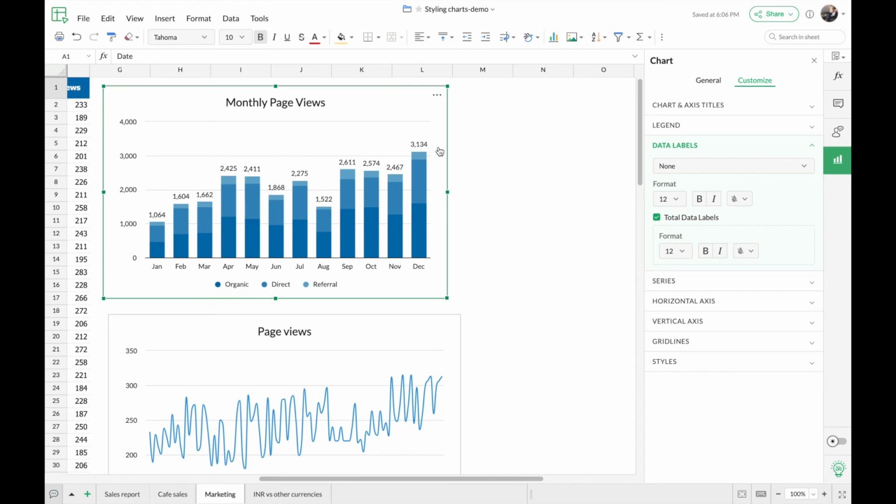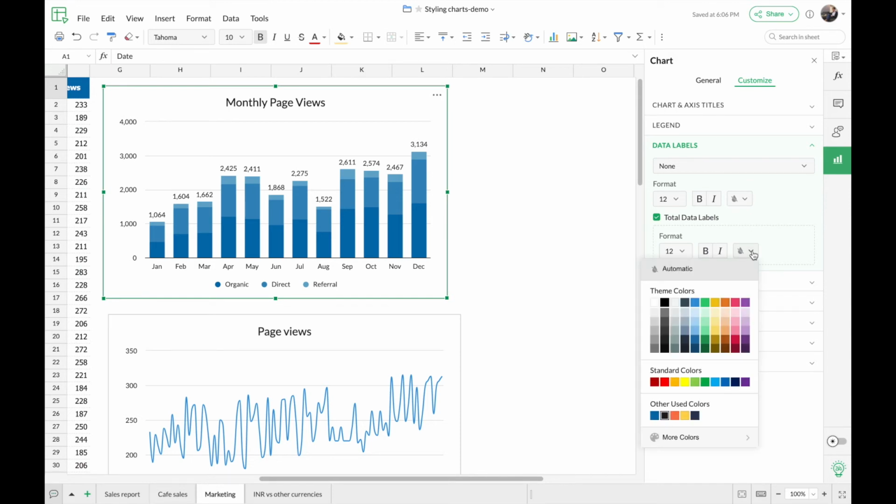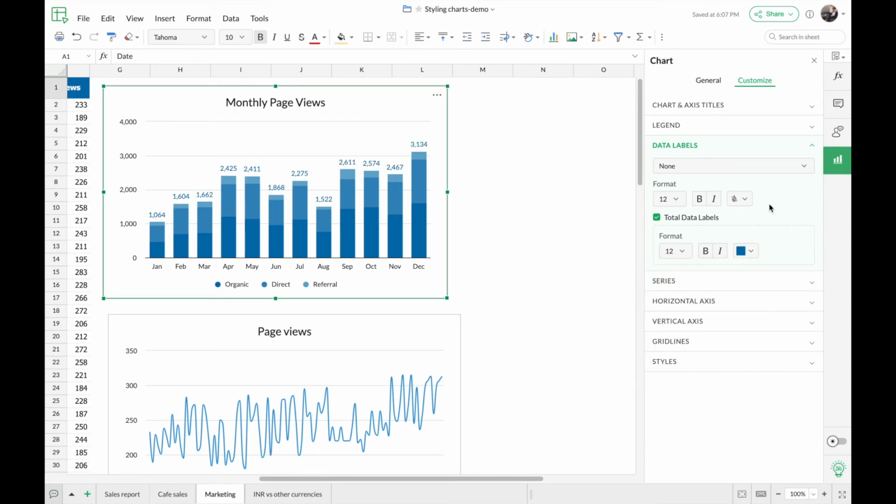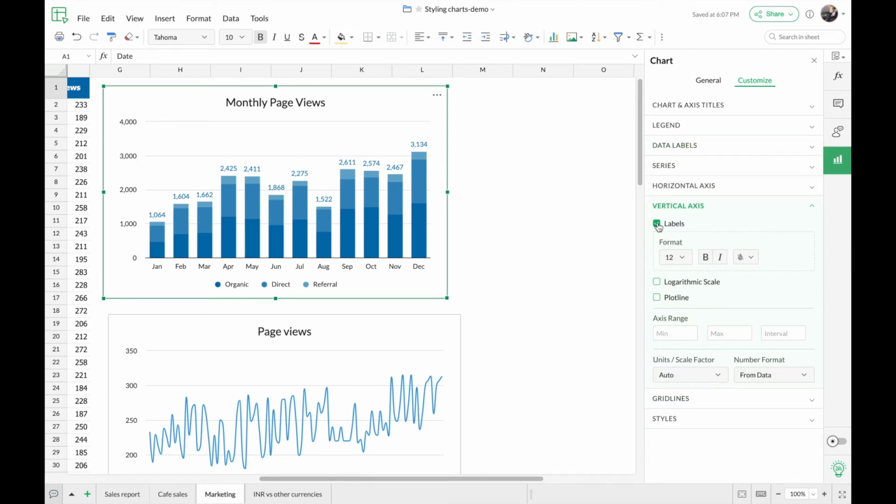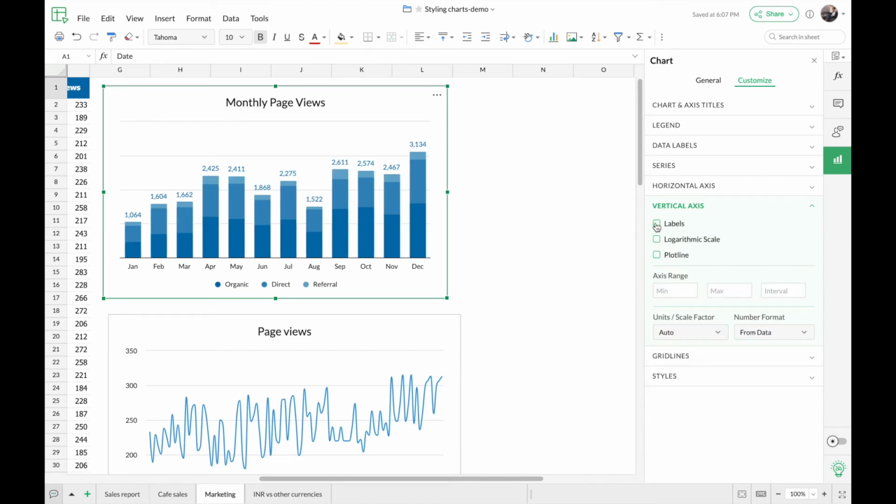And now I'm just going to change the color of the data labels to the same shade that we had given for the monochrome theme. You can see that I'm selecting it from the palette here. There we go. And now that I have the data label displaying the actual value each column is representing, I do not want the axis label that is present here. So I'm going to remove the axis label from there. I'm going to vertical axis and remove label. There we go. This gives a little more space for the actual chart.